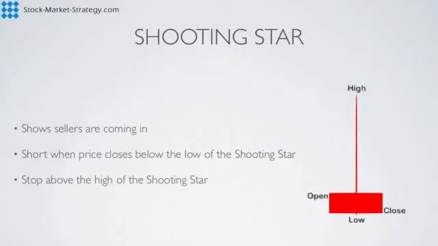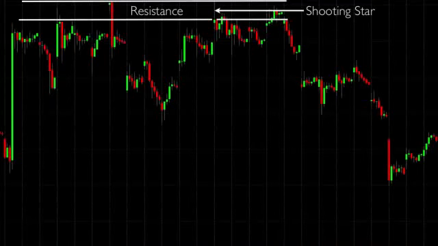Then the opposite is the shooting star. The shooting star is just reversed, and we have the high here and the low down here. The same theory applies: we open, rally, push down intrabar and close below the open. So all the buyers are underwater, adding pressure on them, and they will ditch their positions. A close below the low of the shooting star is when you should enter. Let me show you in real trading how a shooting star would look.